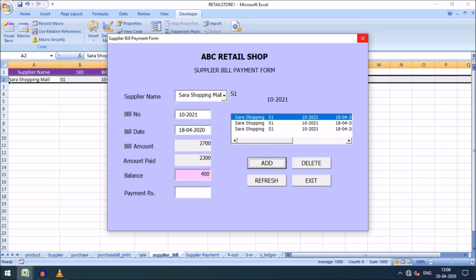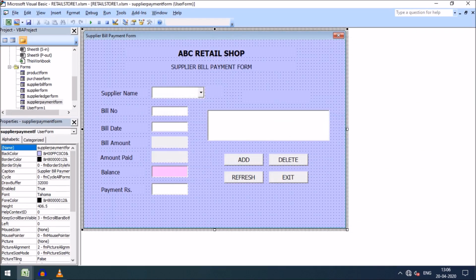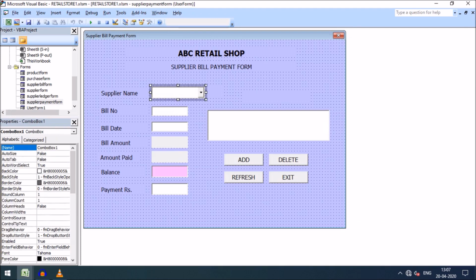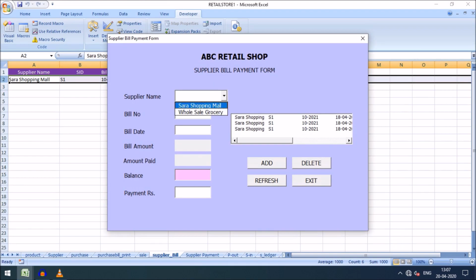So friends, how it is done, I just want to show the required codes, because most of the codes you know from my last videos. Just two or more codes I want to show you. Just see, you know this, how to add items in the command button, and here if I click on this, if I select any supplier name, the corresponding supplier ID is being displayed. How it is done I have shown you in my last video.